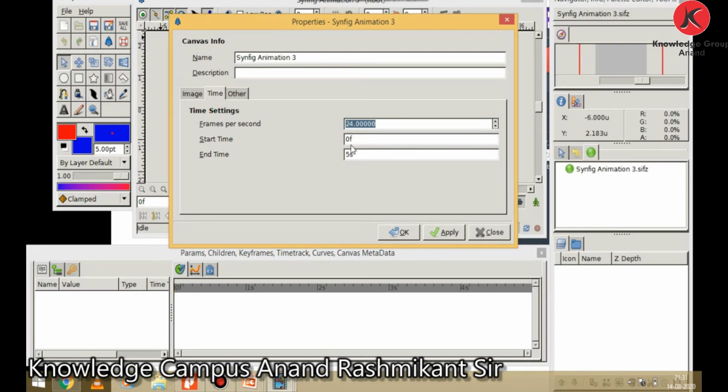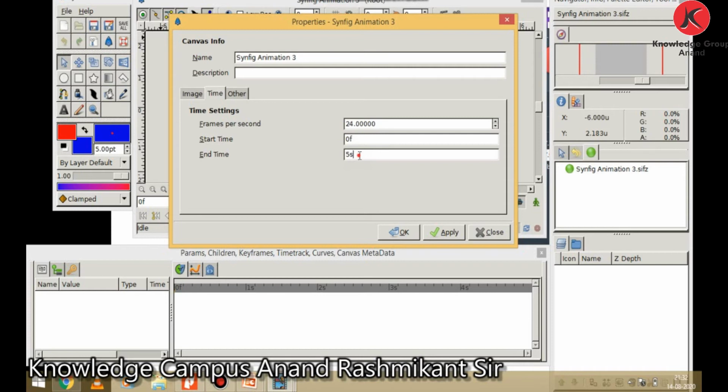You can see the default settings here in the screenshot: frames per second, also known as FPS, by default its value is 24, start time 0 frame, and end time by default is 5s, meaning 5 seconds.